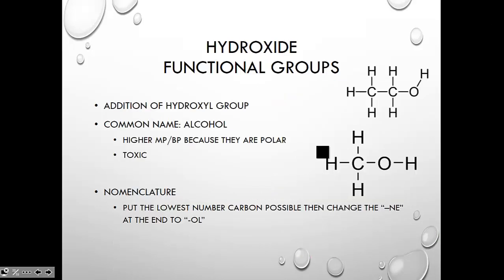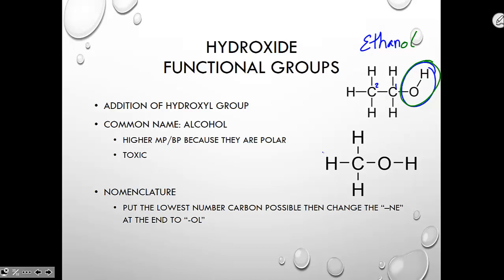a hydroxyl group off of a carbon-based compound is what makes an alcohol. The addition of that hydroxyl group changes the E at the end of our organic compound to an -ol. So here we have 2 carbons, so we would say eth. They're all single bound, we would say ethane, but this hydroxyl group at the end means that this ends in -ol. And again, we would want to know where that substitution is, and as they are labeled now, we would not say it's 2-ethanol. You would put